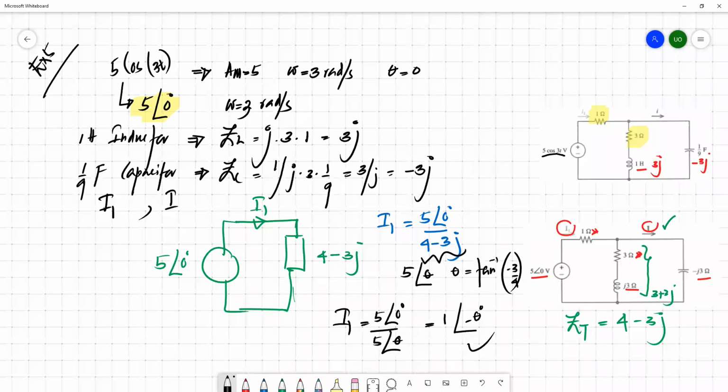So if you know I1, you can simply evaluate I by applying the current divider rule. So you have I1 flow into the node, and it's basically split across this branch and this branch. So you can just put the current divider rule and find out the exact current flow through